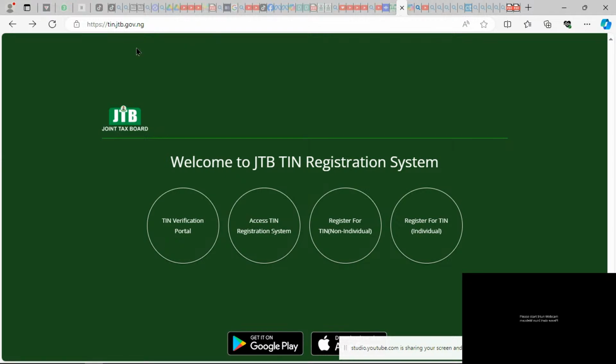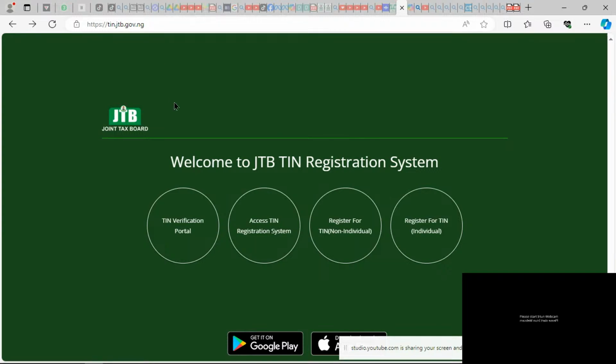This is the direct website, tin.jtb.gov.ng. That's the direct website if you're talking about TIN, taxpayer identification number. JTB is Joint Tax Board, GOV is government, NG is Nigeria.